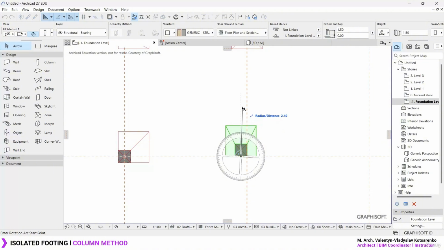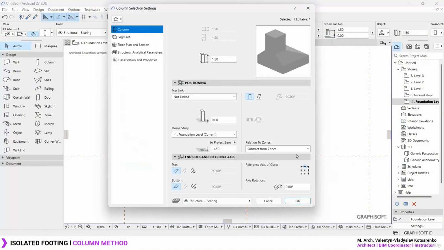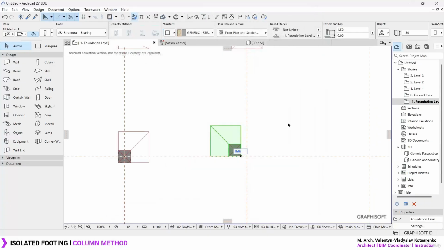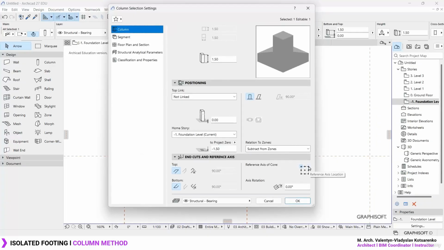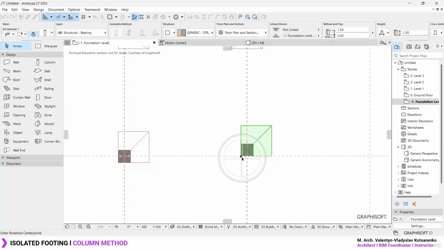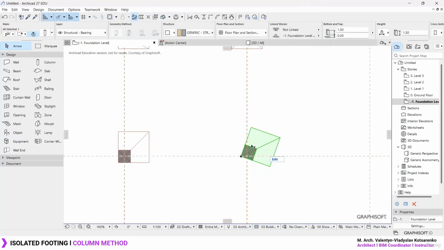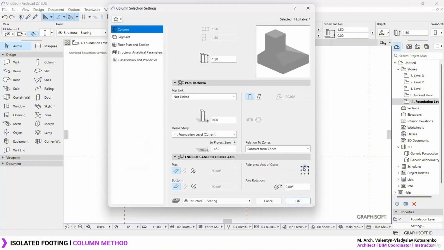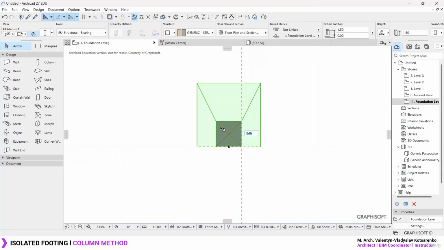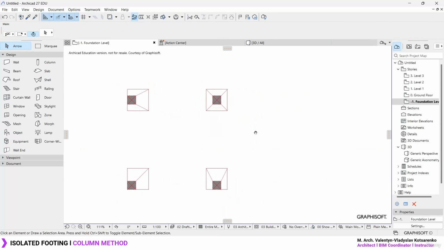Rotating the column is not going to be a good idea because, as you can see, the reference axis of the core will respond accordingly to the rotation of the column. If you take the column and rotate it, you will notice that the reference axis of the core will behave a little bit weird. So my recommendation here is to keep the column straight and just leave it completely horizontal. Let's simply take the column. Let's make sure that it's set to be centered over here, and with this we can say that we have solved